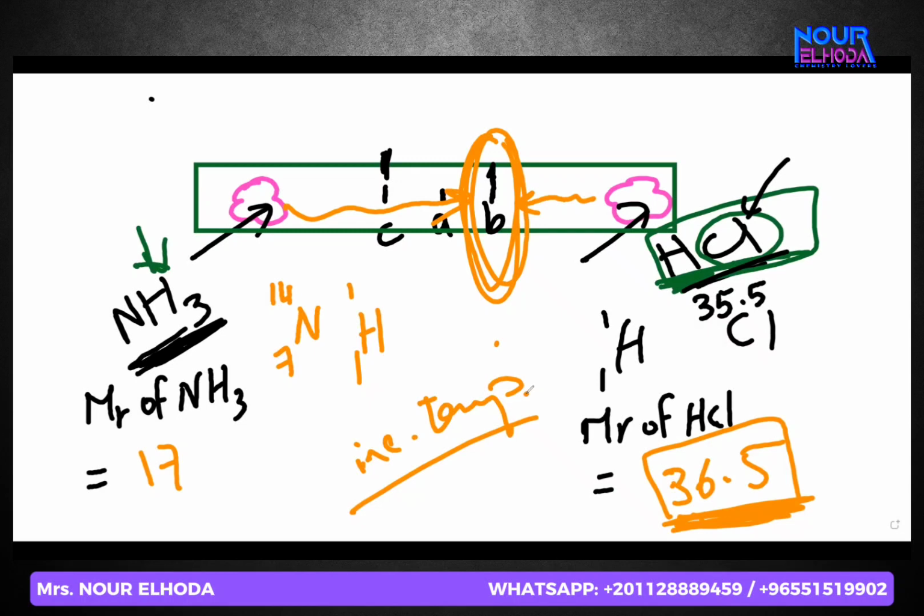That's true. So once he's going to ask you what will happen if you increase the temperature, meaning if you're doing the same experiment but you increase the temperature a bit, what will happen? Both gases will diffuse faster. Ammonium chloride will also be formed at B, but it's going to be formed faster. If normally it takes, let's say, 2 minutes, no, it's going to happen in 1 minute. It's going to happen in a faster way. But it's going to be formed at the same place.